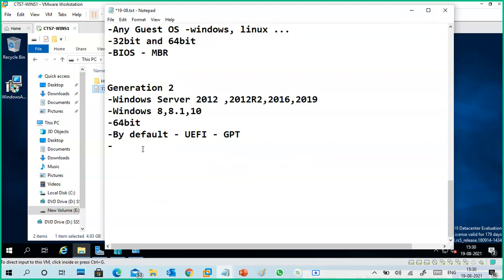It supports secure boot because it is UEFI. UEFI, because of that it supports secure boot. Next, generation 2. In generation 2,